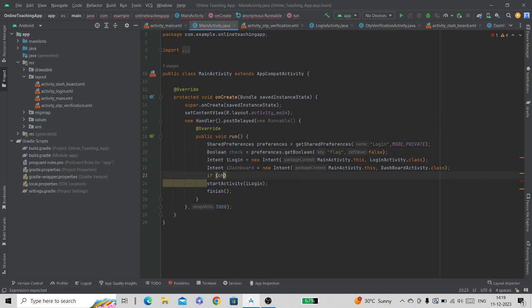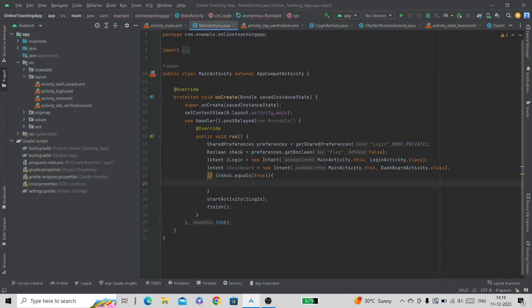So if check.equals(true), it means that if this check variable is true, then we will set an intent here which will redirect it to the dashboard activity, and will give an else condition also when this check variable is false, and here we will set intent for redirecting to the login activity.